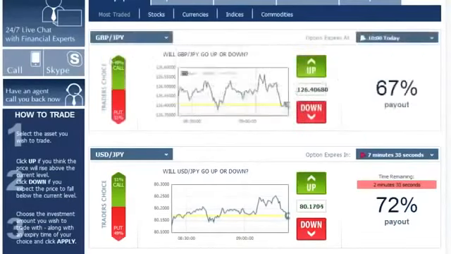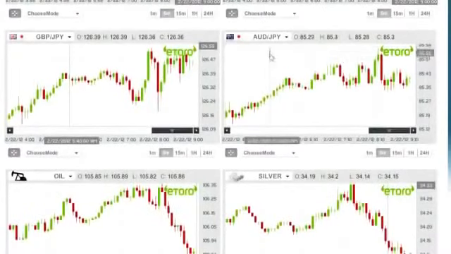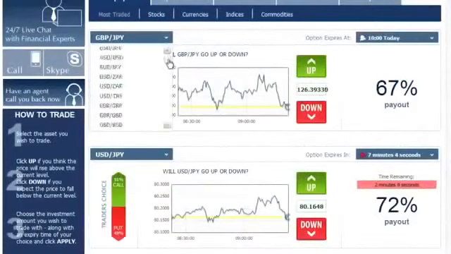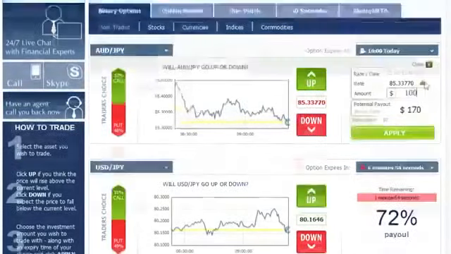Now we can continue on to the Australian dollar versus the Japanese yen. This as well is a beautiful upward going trend line here. It's going from this point all the way up here. It looks great. This may look like a mixed trend, but I assure you its behavior is just like an upward going trend line. So we go back to the platform. We choose the AUD JPY. Since it's going up, click up, enter $100.